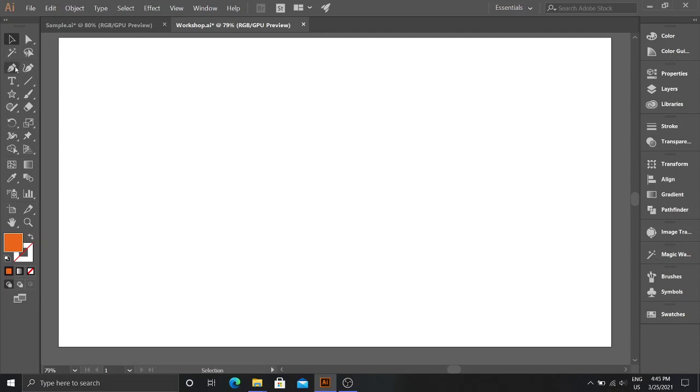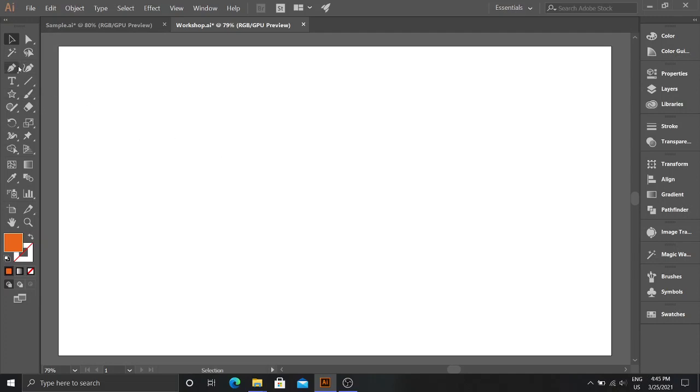Now let's draw something more complex. Now let us draw a poster, like there's some coding competition or some hackathon in the college and you are required to draw a poster for it. So how would you begin? Let us see. I will use the pen tool to draw some basic shapes for this poster.